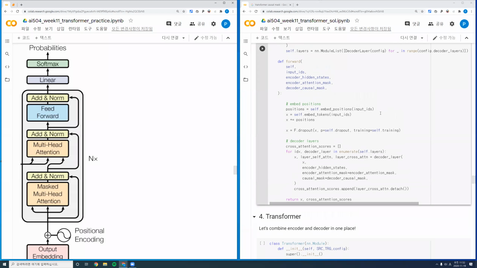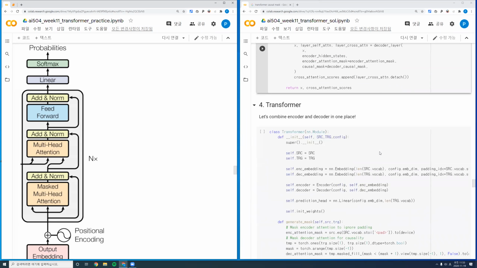I will give you 1 minute to receive questions and move to the next part, which combines the encoder and decoder in one place. Okay, let's move to the transformer. For the transformer,